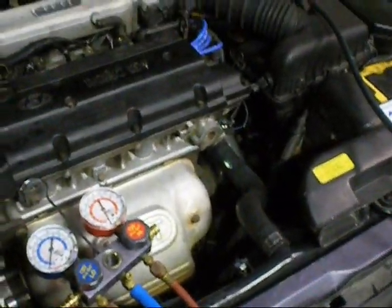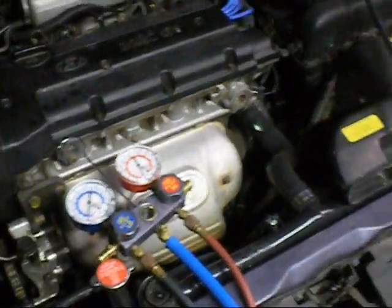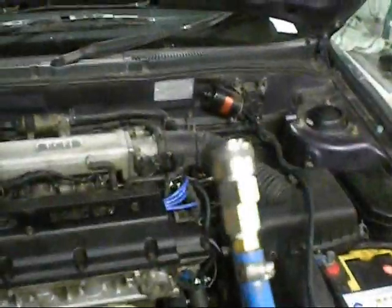Time to check the air conditioning out. As you just saw in the last clip, that was my compressor running. I've thrown it into reverse though, so I should get 30 inches of mercury off it. A bit cheaper than buying a compressor for air conditioning. So if I plug my air line in, which I normally use for the rattle gun or air, if I plug it in now to the line here,